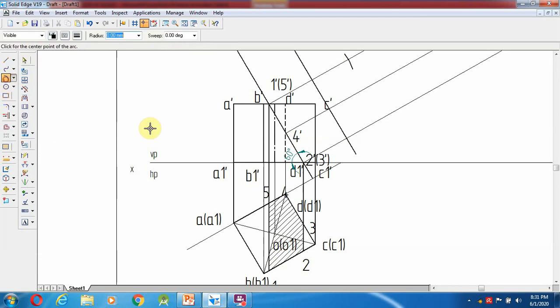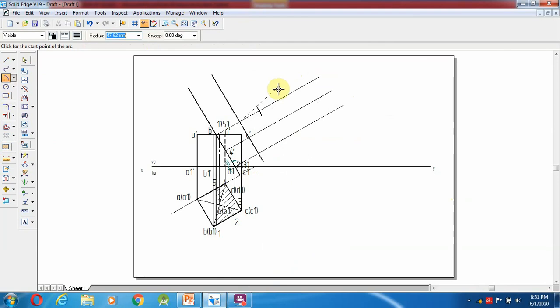So from here to next 55, the same line is coming, so 55.46. Okay, so go to the text command. This is the fifth point, this is the first point.